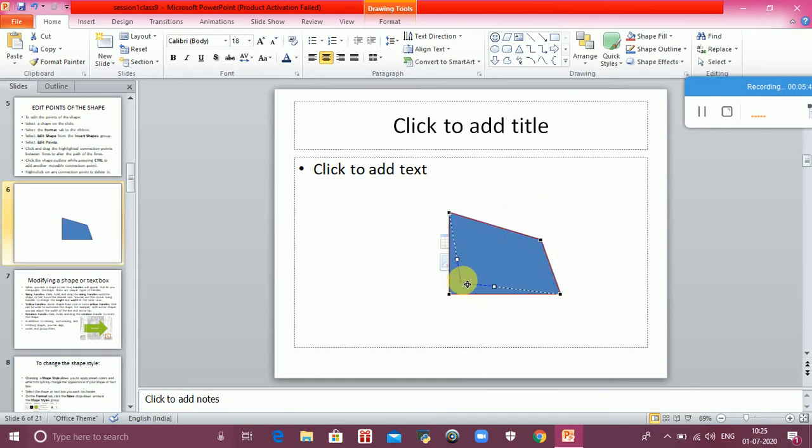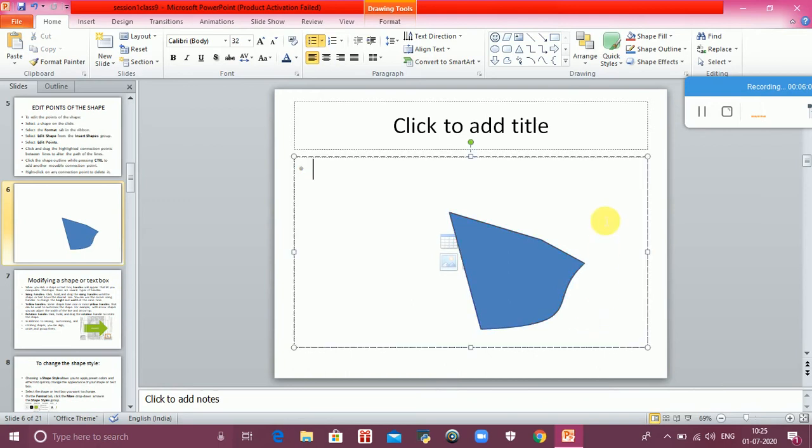If you want to change the shape, then you can easily do it by editing the points. So it is easy to change it. Okay. So this is the method to edit the points of the shape.